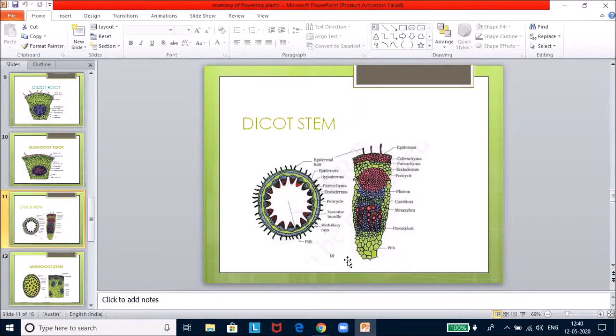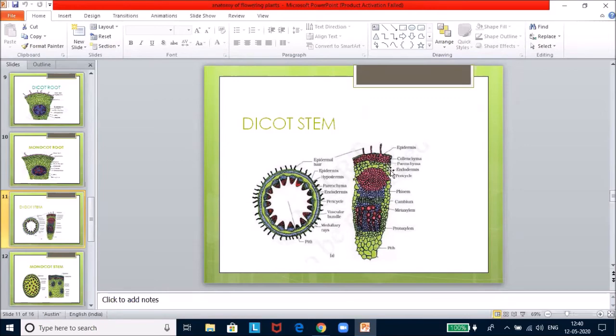Now in the dicot stem, if you look at it, epidermis again forms the protective layer with a layer of cuticle above it. It may have trichomes and the stomata. So here what you see, these are the epidermal hair or the trichomes. Dicot stem also shows 3 zones. One is the hypodermis. Few layers of cells below the epidermis form the hypodermis. It is made up of parenchyma cells, and they provide the mechanical support to the young stem.